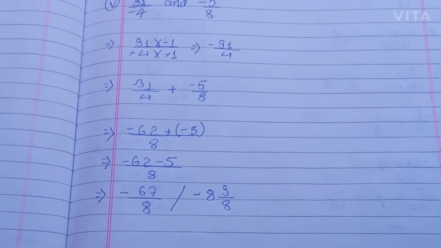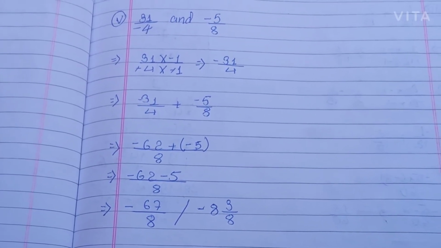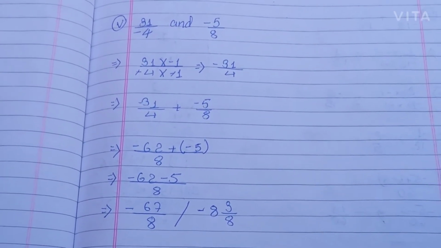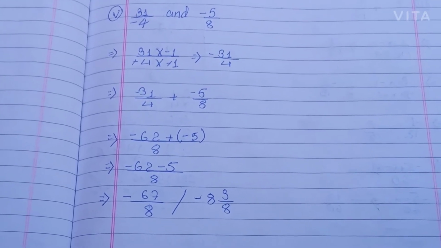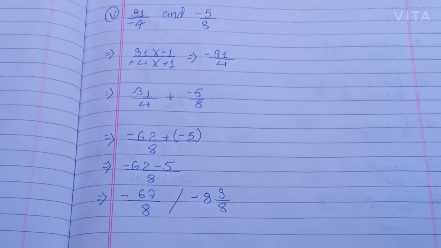Again here we have given a bracket to avoid the same signs with each other. Now here also we have changed the sign, because outside the bracket we have plus, so the sign will not change. So minus 62 minus 5/8. So the answer would be minus 67/8, as we have the same sign, so it will be added, and the sign of minus is bigger, so we'll give here the sign of minus.